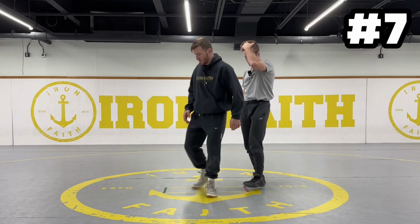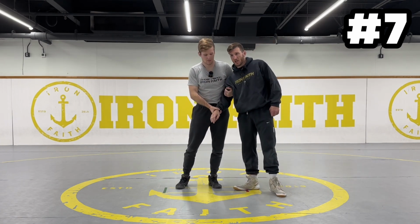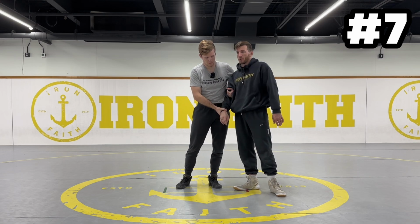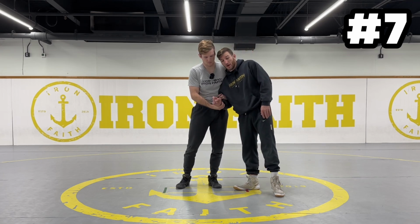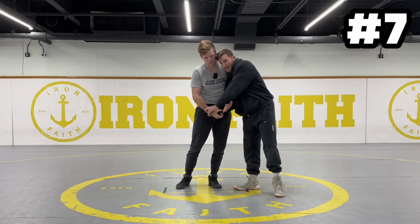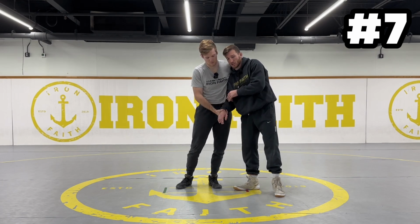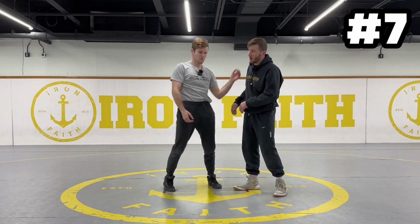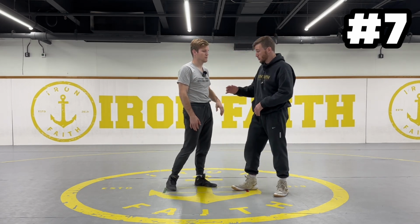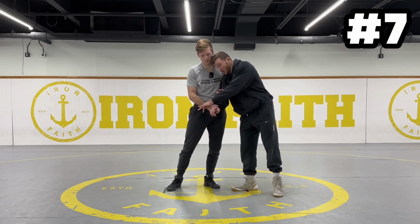I would say the biggest thing with this one I would probably try to emphasize is when you do go for the underhook, I would take this as a chance to attack immediately because you're catching him by surprise. He's got a great advantage here. As I go underhook, I should immediately go into some sort of attack because I'm catching him by surprise. If I go here and then get it and wait, now he's gonna start to fight out, or at least he's more prepared. So if I'm gonna go for this, I would definitely go right